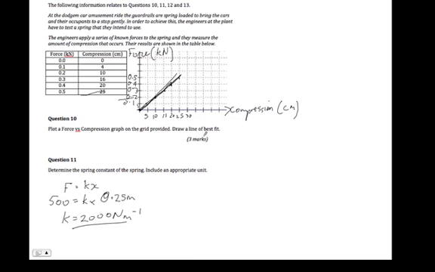The other is to take the gradient of the graph, and it goes through the origin. So we can do rise over run, and 500 newtons divided by 0.25 centimetres. Okay, yes, I can take these points because rise, it's this minus 0, and the run is that minus 0 because it goes through the origin. So either way, gets us to do the same calculation that obviously gives us the same value of 2,000 newtons